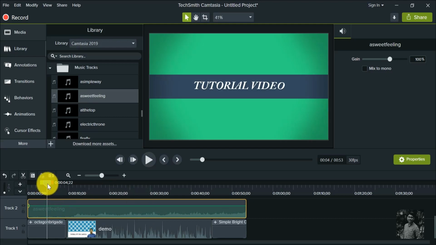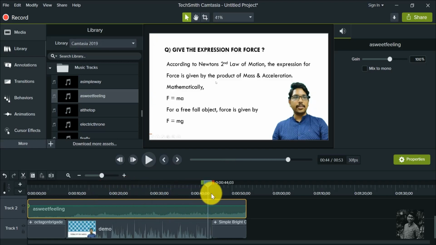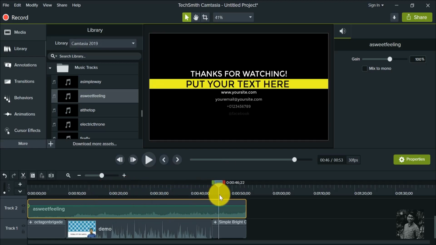Now what I need to do is, this is my intro slide where the volume should be maximum. It should be 100%. After which my explanation is starting where my volume should go down. It should be as less as 5%, because it should play in the background and only my content explanation should be the main thing. And again at the ending, after completion of my explanation, the volume should go up to 100%. In the ending slide, at the outro, again volume should go up to 100%.